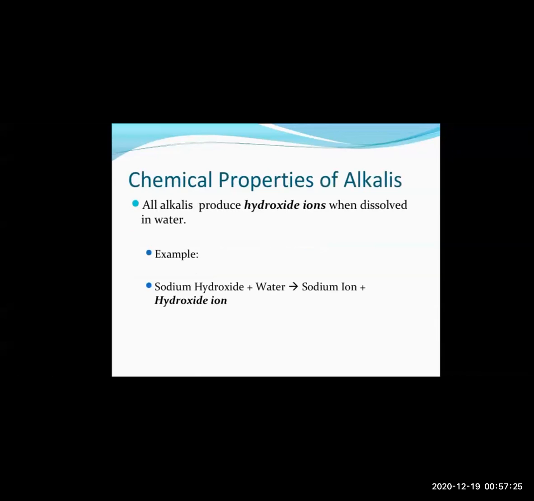now the chemical reactions that take place in alkalis. Now in alkalis, what is produced? When alkalis react with water, what type of ions are produced? Hydroxide ions are produced. That is OH minus ions are produced when they are dissolved in water. Understood? When sodium hydroxide reacts with water, what is given out? Sodium ions are given out, and hydroxide ions are given out. Okay,